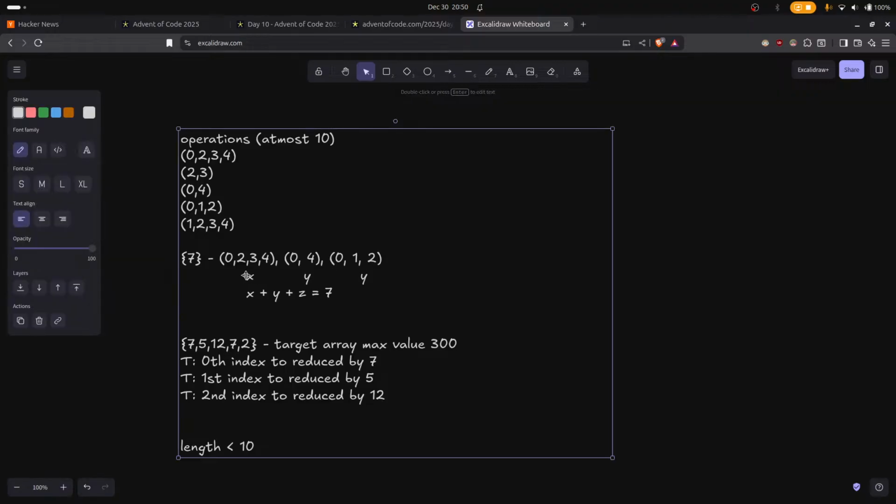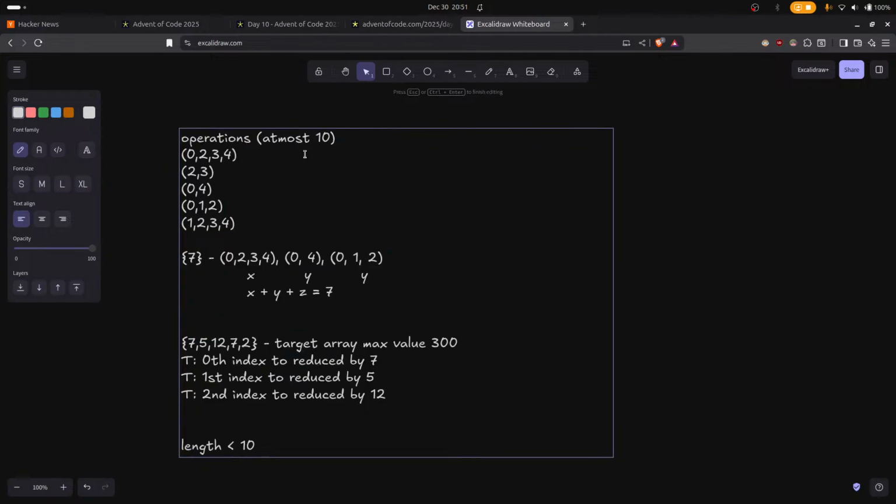So once we have finally decided how many times a particular operation is to be used, a decision has been made for that particular operation. So for example, we have decided that we want to use this 25 times, then we can't come back to it again and say that this should be 27, because we are solving the answer one index at a time for the target array. Okay, so 0,